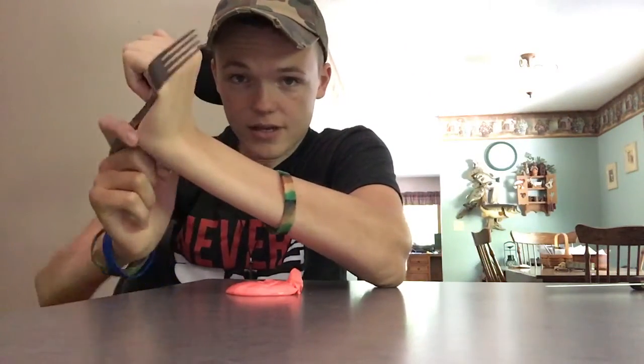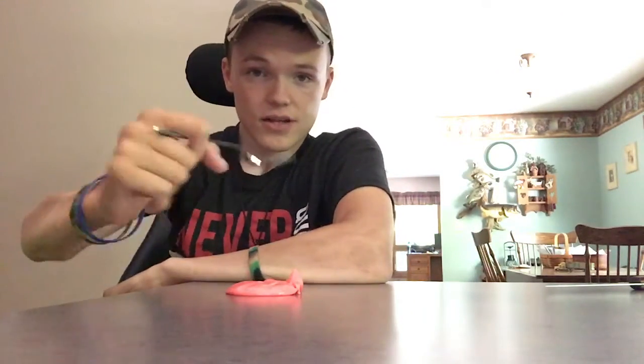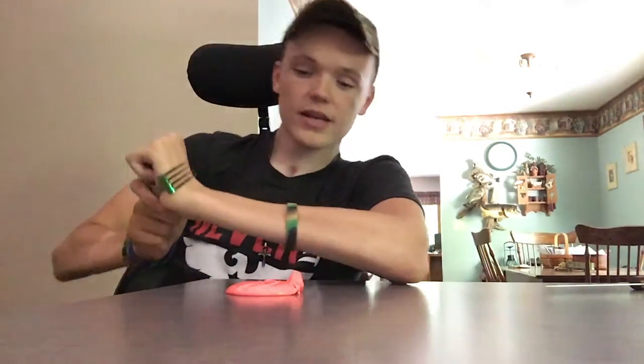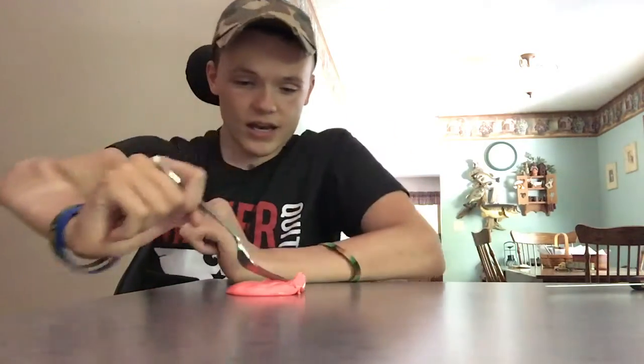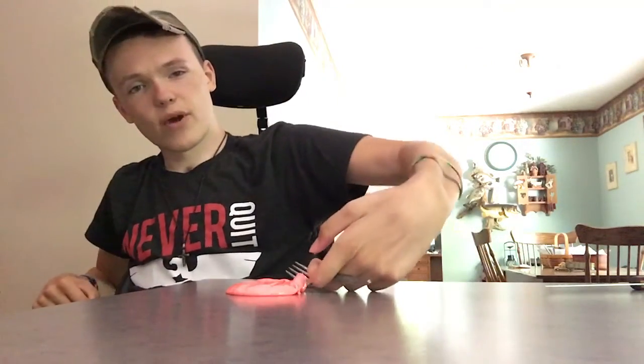Like this. So I'll eat something like this, and then if I have to cut something, I will go like this onto that, and then I'll turn the fork sideways like that, and then I will go like this and cut just like that. And then after it's done, I'll pick it up. Depending how hard it is, I'll use this and I'll eat it. So that is the way I use utensils without any utensil holders or